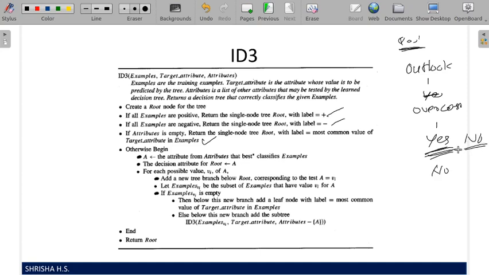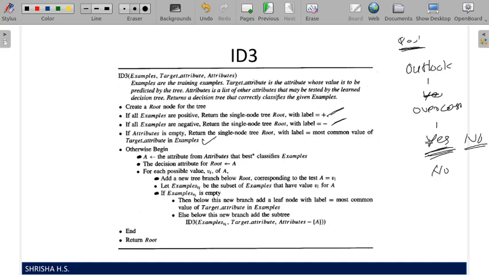So this is to check if all attribute values are positive, or if in the table all are negative. Suppose you have built a tree, then go on looking at the attribute values. Given that attribute value, if a single type of classification is present, for example all yes or all no, then return the most common value of the target attribute.